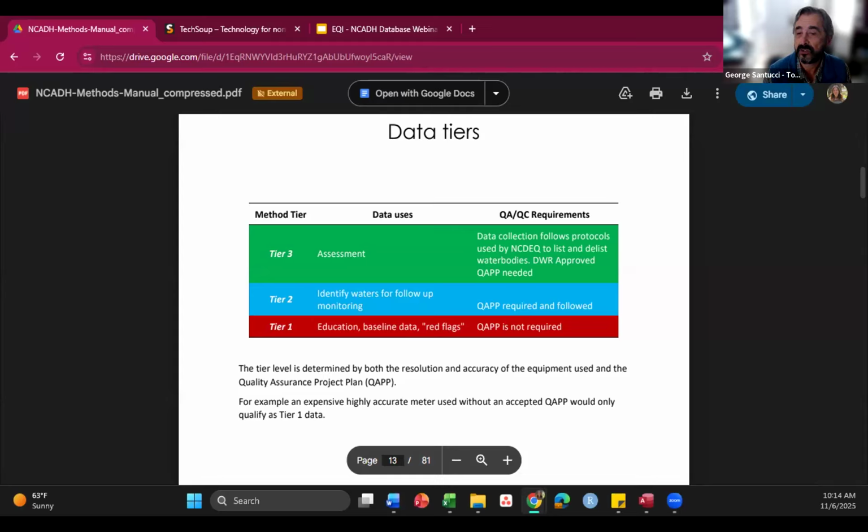When you step up to tier 2, your organization will have to have developed a quality assurance performance plan that is submitted to CAM to be assessed, and he will then get back with you and accept that quality assurance plan or make recommendations for changes to that plan. But at the end of the day, once that plan is developed and approved by the state, it is something you must follow if you want your data to be considered tier 2 data. So that's just another step up. And then you'll see in a minute